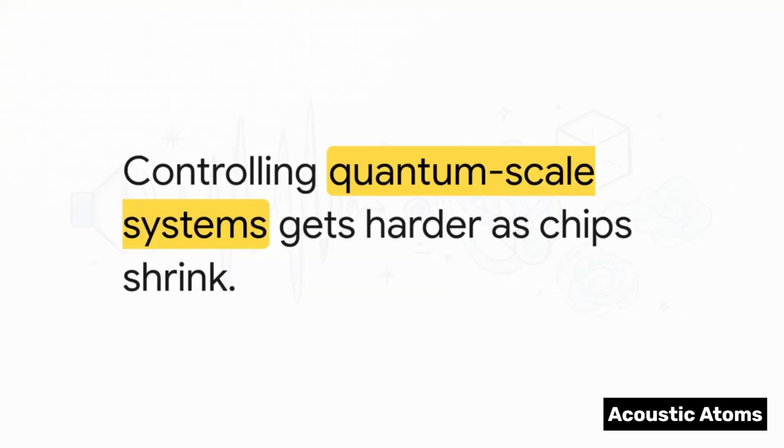To truly get why this new solution is so brilliant, we first need to look at the massive scaling crisis engineers are facing right now. As the chips powering our computers, our sensors, our medical equipment continue to shrink down to unimaginably small sizes, we're hitting a severe wall. Controlling quantum-scale systems is just getting exponentially harder. At this microscopic level, quantum information is incredibly fragile, and its lifespan is super short. Because of that fragility and just how densely packed these shrinking chips are getting, signals end up unintentionally interacting with each other. Honestly, it's a scalability nightmare.